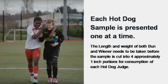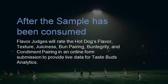So each hot dog is going to be divided into 4 portions. Each one of you will sample one of them. We have 3 hot dogs from each restaurant, so obviously we have 12 for each. Once you've sampled your hot dog, you can go ahead and hop on the Google form and rate them based